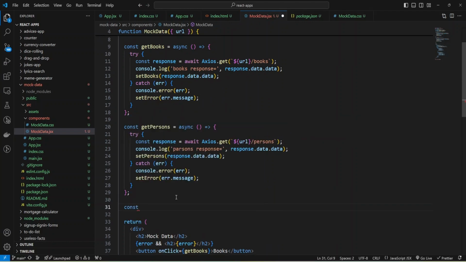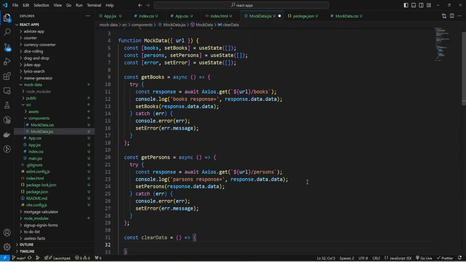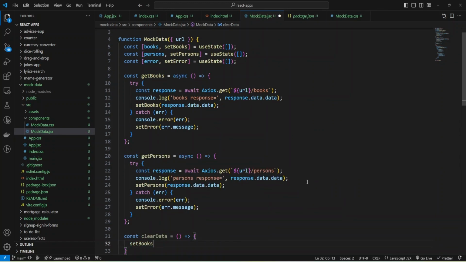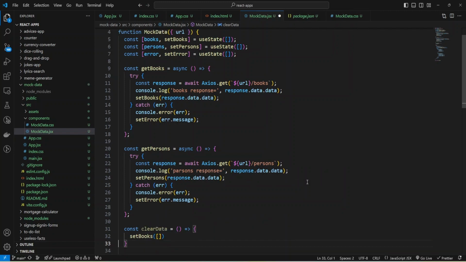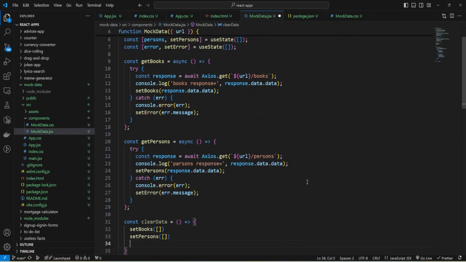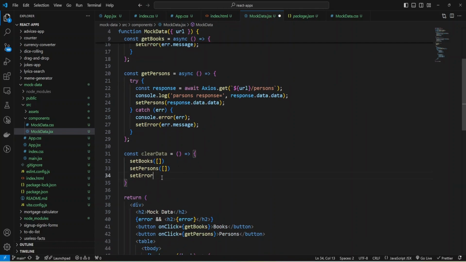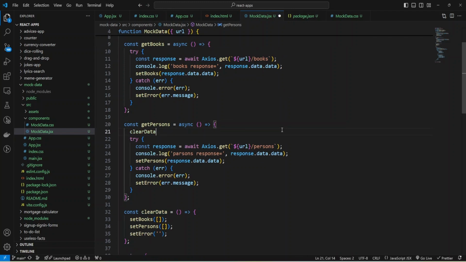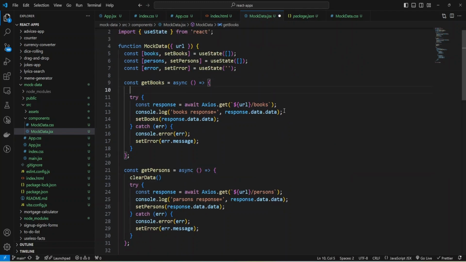It will be an arrow function, clearData, and I'll just set initial states to my state variables: set books to an empty array, set persons to an empty array, and set error to an empty string, not an empty array. I can call this clearData before each API call, and let's check what I have.